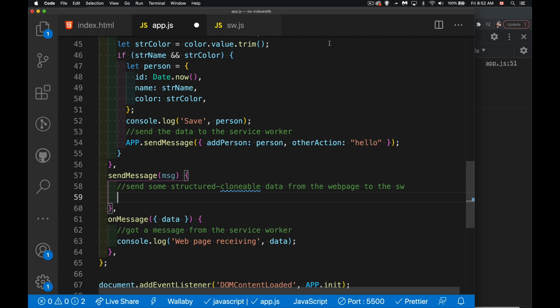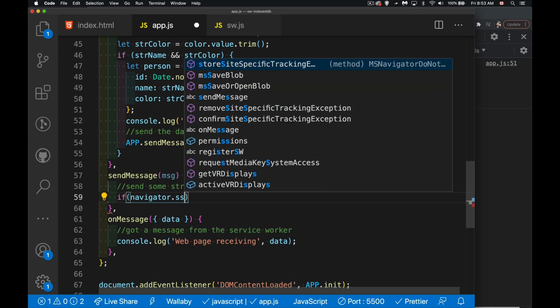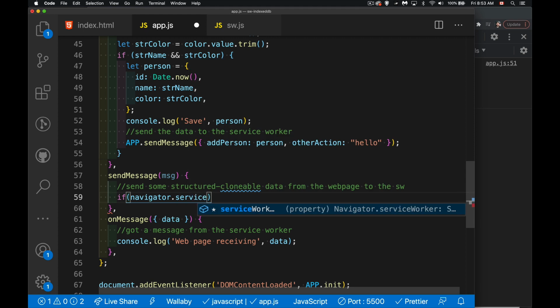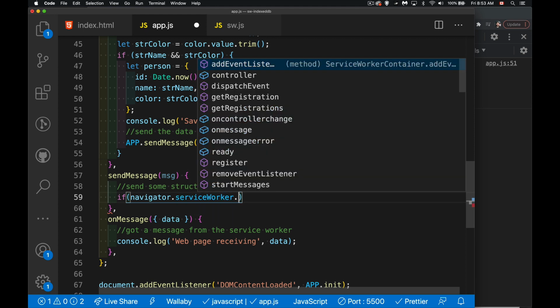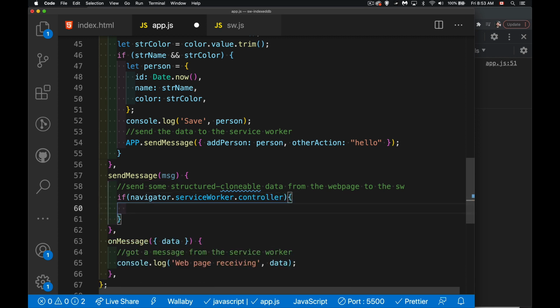Objects that I create, this is structured clonable, because it's something that I could represent as a string. I could make a copy of that way. So the method, we need to check and make sure if we can do this. We need to make sure that navigator.serviceWorker exists. Now in the script that we've got on this page, this is going to exist, but just in case, we want to make sure that that does exist. And if it does,